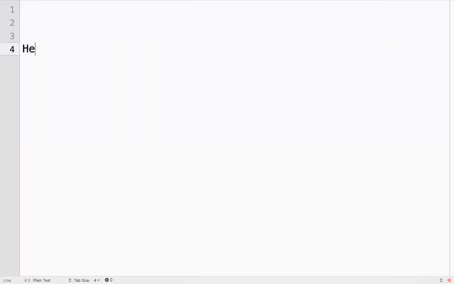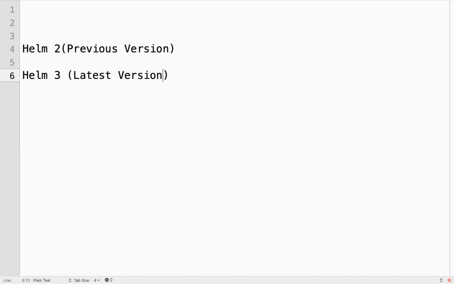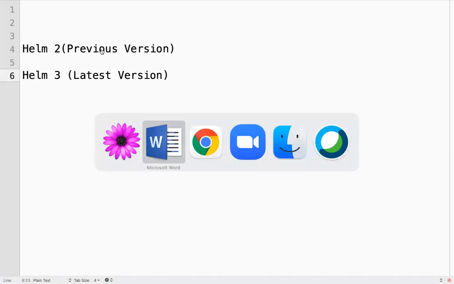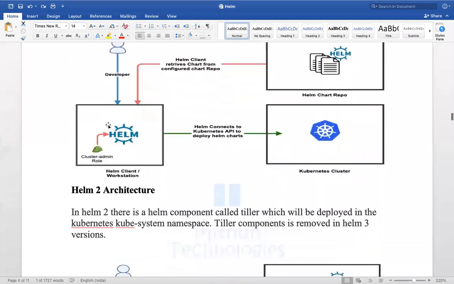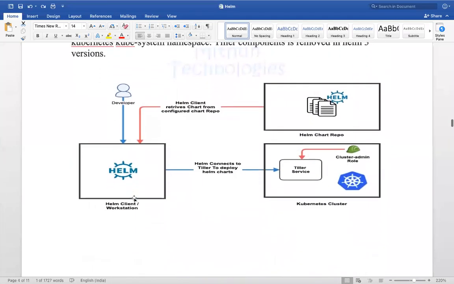We have Helm 2, the previous version, and Helm 3, the latest version of Helm. So in Helm 3 and Helm 2, what is the difference, right?